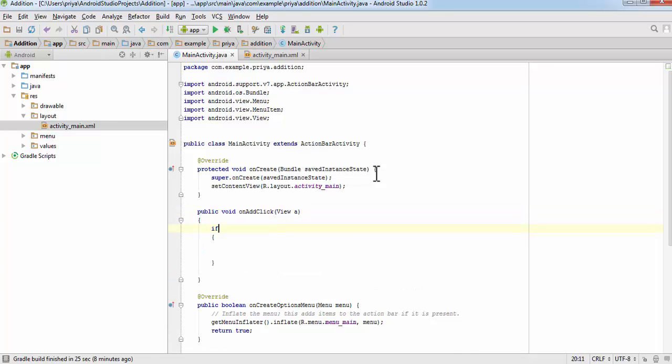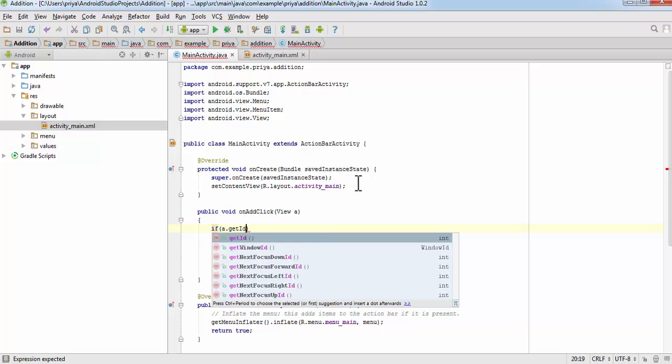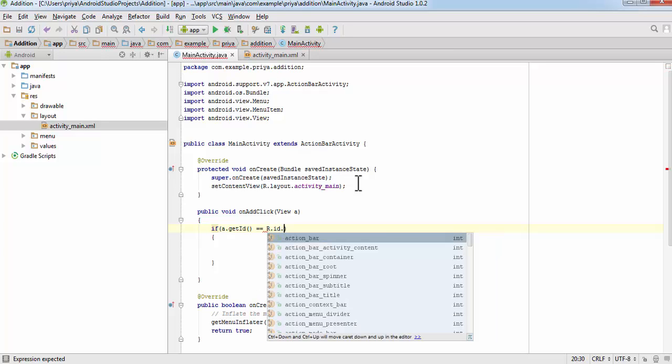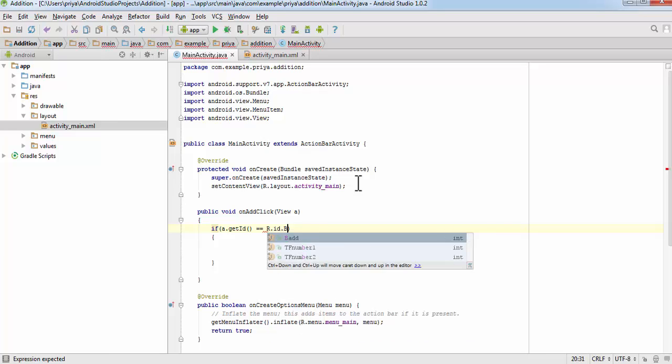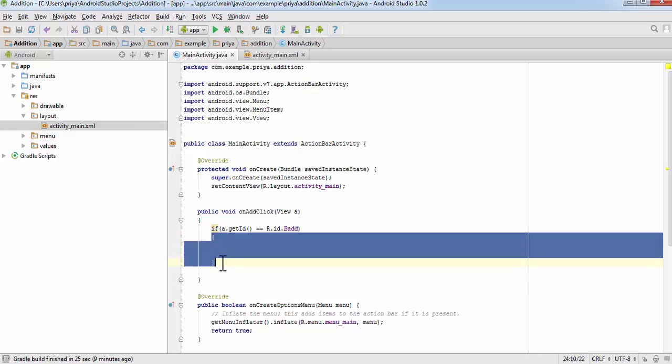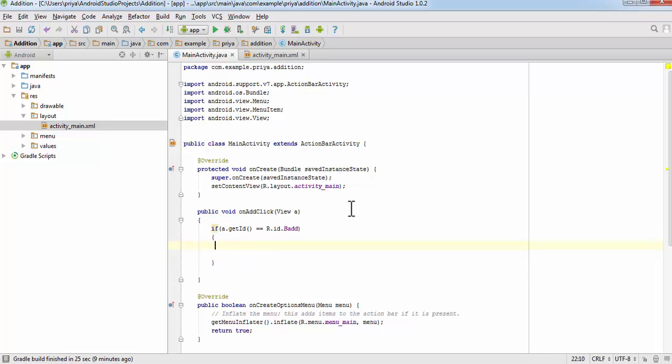If v, this variable name, v.getId, it will fetch the id of that view, is equal to R.id.bAdd. If v.getId is matching with the button id, then we'll perform these statements whichever are in these braces. So we'll need two edit texts.